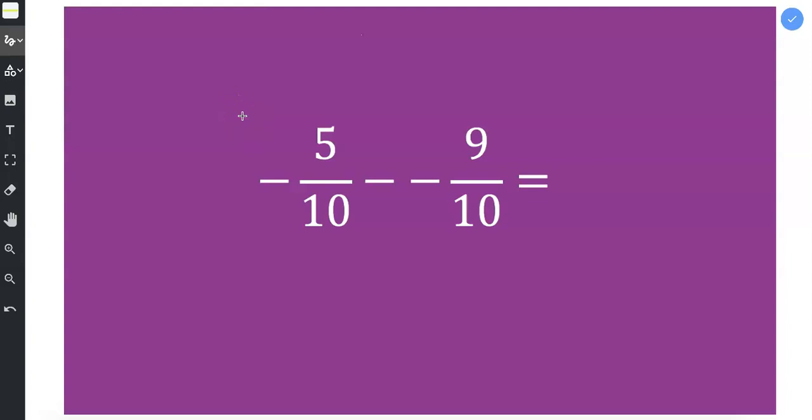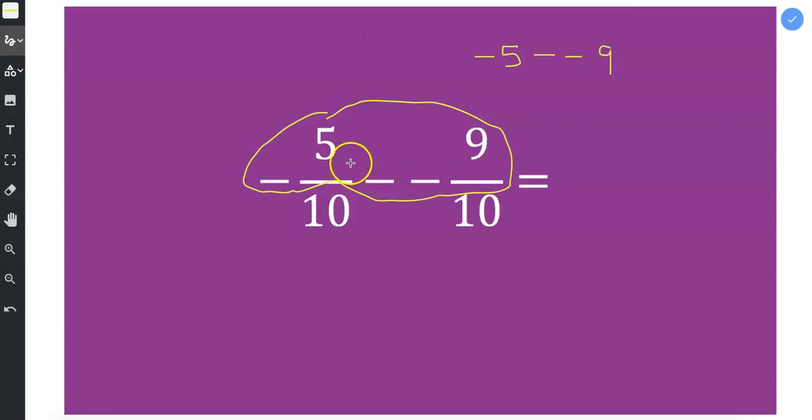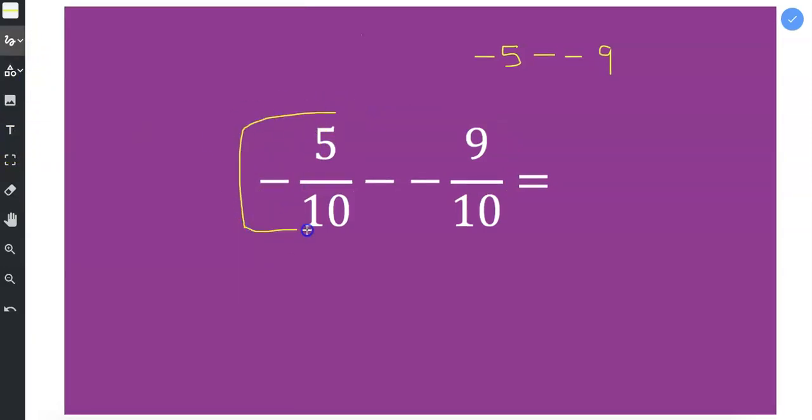I think that we can start getting to the point where we just circle everything that's in the numerator, and you can just start looking at this as -5 minus a -9. If it helps you, we can still do this part where, let me show you what I'm talking about. We could still do the part where I recognize that